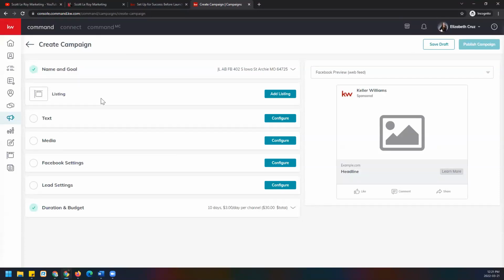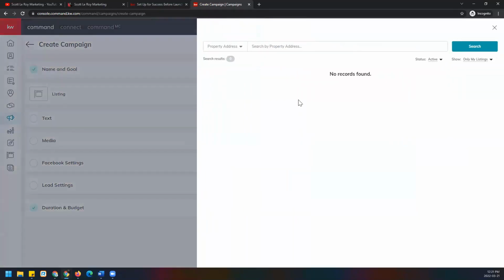For the listing section, if you so need it, some of the ads that you may post may not need a listing. For example, the brand awareness goal, where you're just promoting yourself, you may not need a listing here. But if you do, for this goal in my example, which is attract buyers, I'm going to add my listing by clicking this blue button in the center of the page,